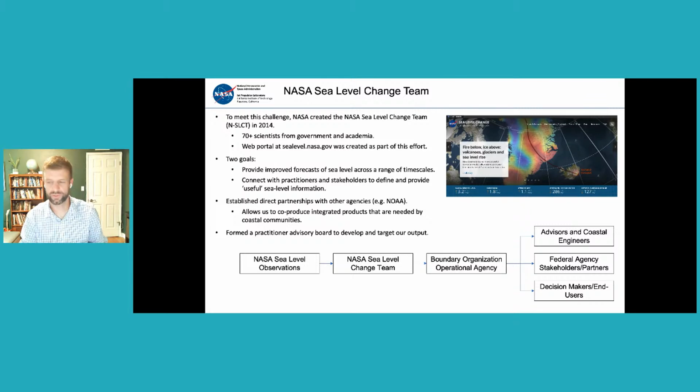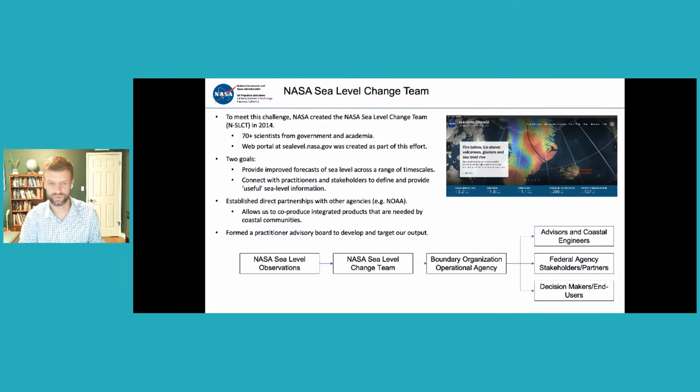So for some useful information, access to the satellite information that I showed: everything I showed, the data, if you go to sealevel.nasa.gov, hopefully pretty easy to remember, you can access a lot of these features, the data, the tools that we provide, and get explanations for exactly what I just covered. So it's a really good resource that we produce. Again, global in scale, it's not just focused on the US.